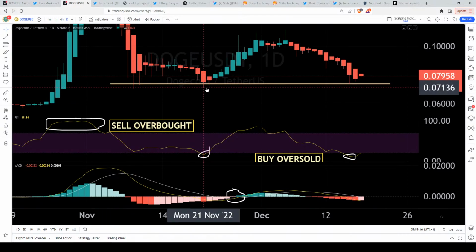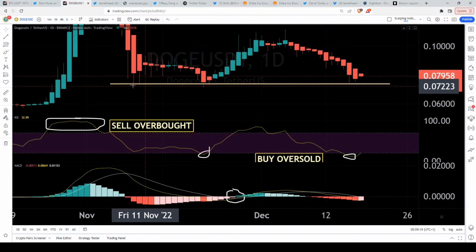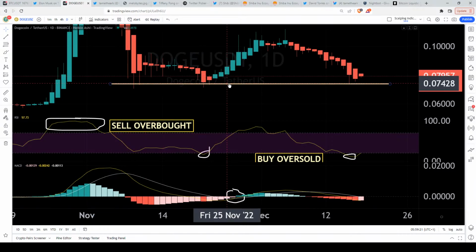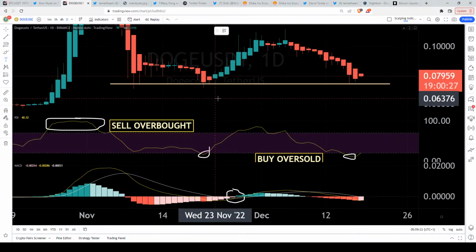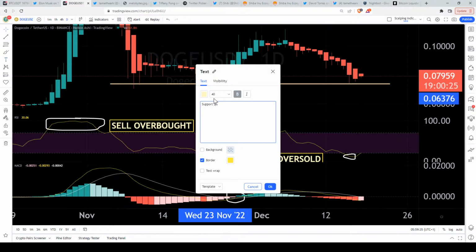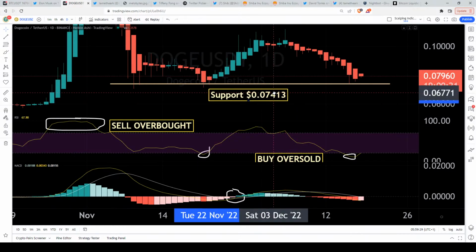And we didn't really drop too much further under 7.15. So we found that this nice support around this zone about 7.428 for Doge. Even as low as 7.3 and some change. But currently looking here, we can say that 7413 was a nice support for Doge. So if you have this as your support for Doge,